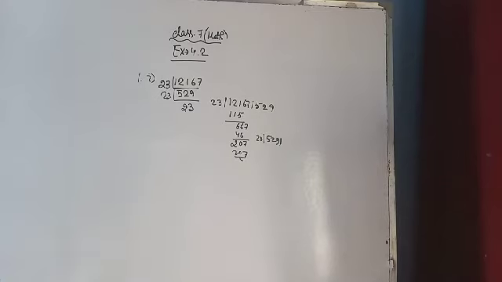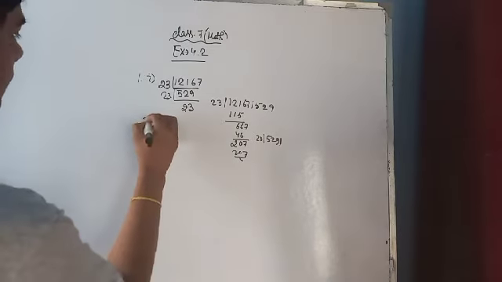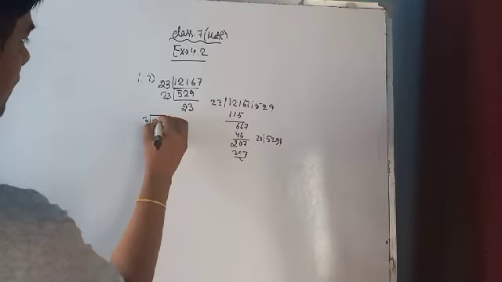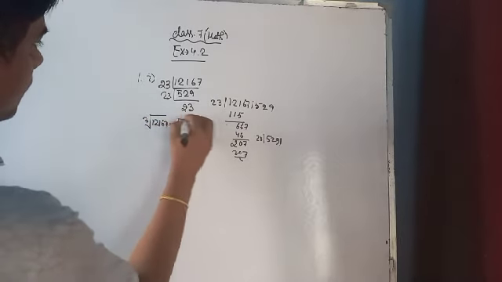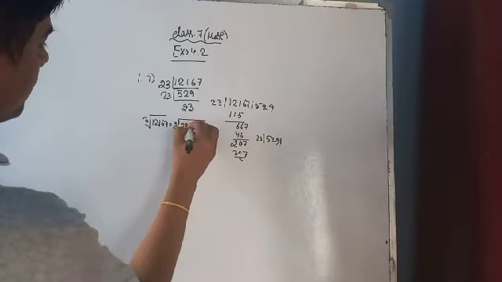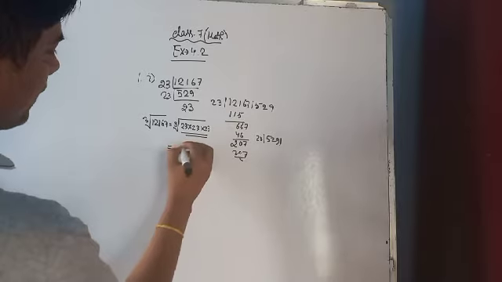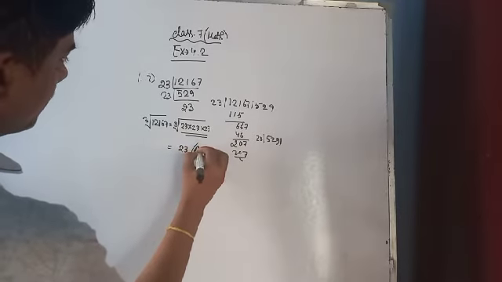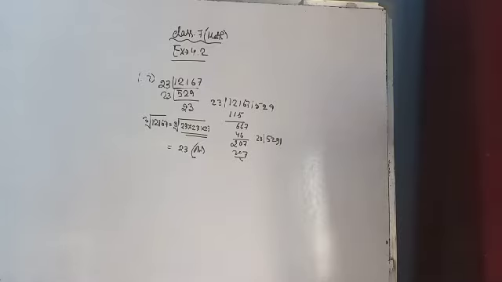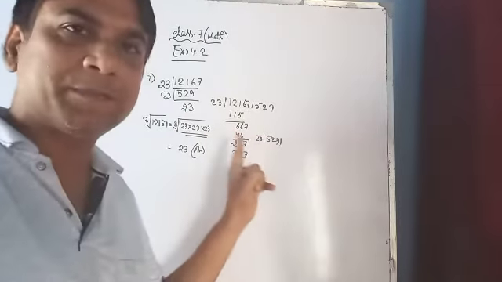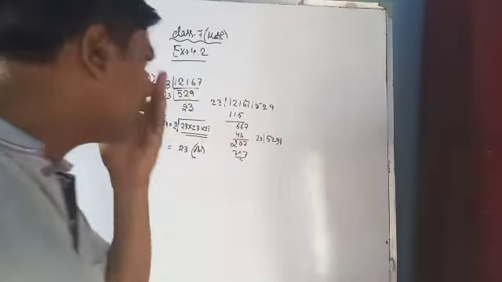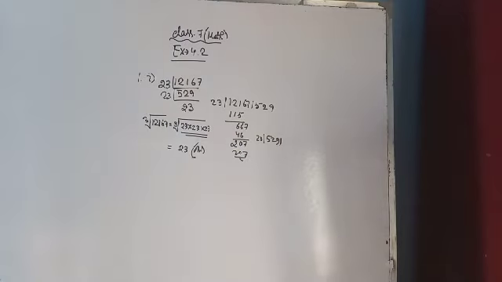So what does the question ask? The question asks what is the cube root of this part. So the cube root value is what? 12167 is 23 into 23 into 23. From the group of 23 you can make one. So your answer will be 23. So in this way you can solve all of the problems. If you know which way you can properly factorize, then your main aim is to properly factorize that part. If you can do it properly, then I think you will not face any problem. But factorize and do it perfectly.